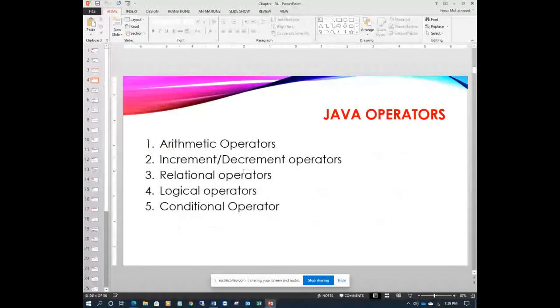We have various Java operators, more than the five we have listed here, but the basic ones are: first, arithmetic operators; second, increment and decrement operators; relational operators; logical operators; and finally conditional operators. Let's go one by one.